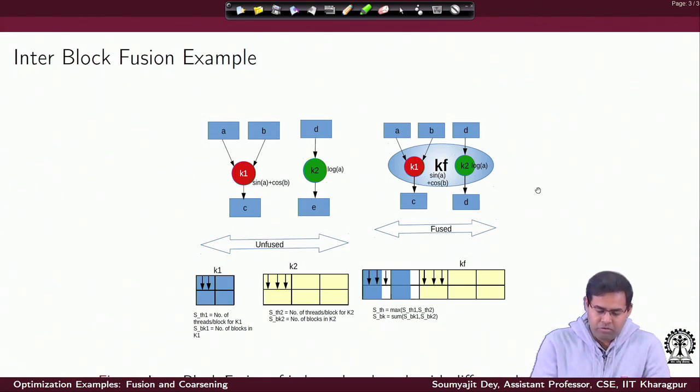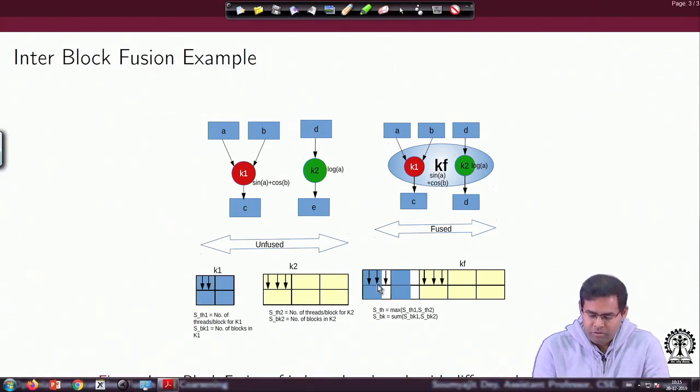So, since in the original kernel there were 2 threads per block for K1 and there were 3 threads per block for K2, in this fused kernel we are having 3 threads per block in general. When we are fusing them, first of all you see that this is nothing but K1's working area. So, all the threads belonging to this area are going to do the job for K1. The blocks which belong to this area, their resident threads will be doing exactly the computation for K2, right.